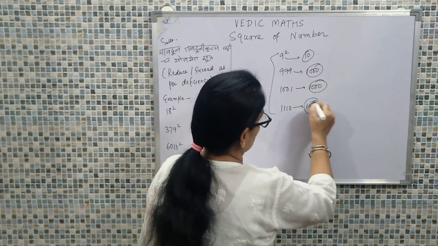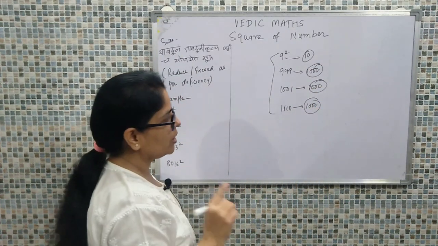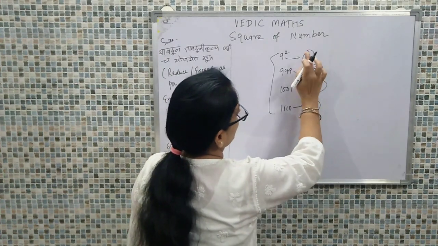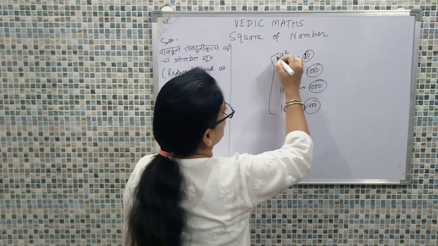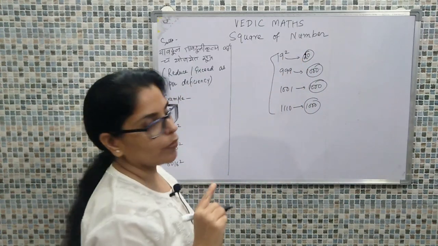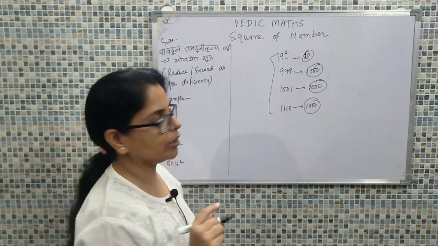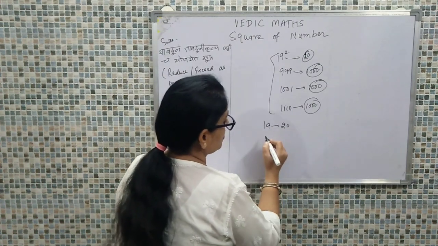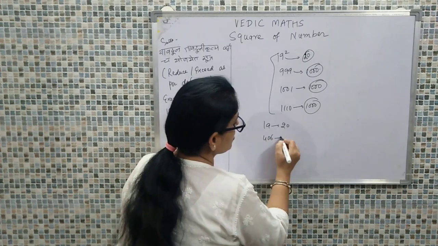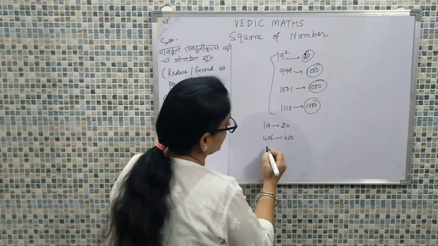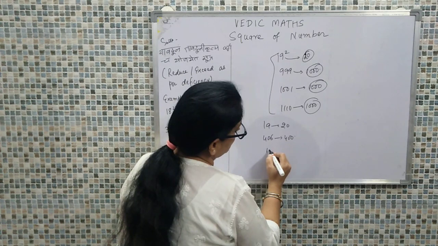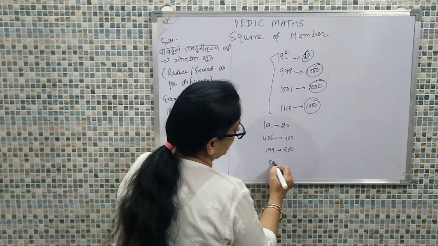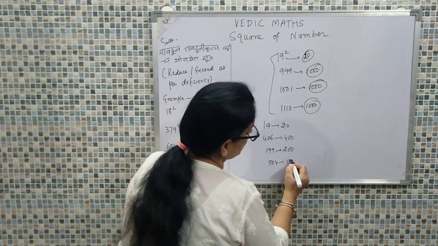So in the last video, we had already discussed calculating the square of numbers with these values as the reference number. Today, instead of 10, if we have 20, it means we have the square of 19 to be calculated, and 19 is close to 20. Suppose we need to calculate the square of 406, this number is close to 400. Another example is 199, which is close to 200. Another example could be 504, which is close to 500.